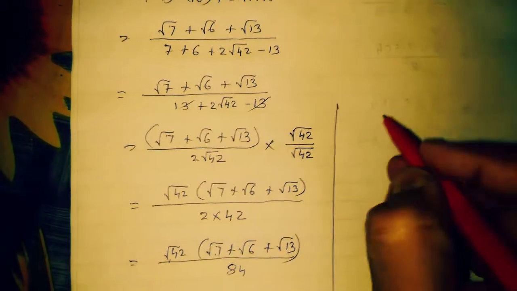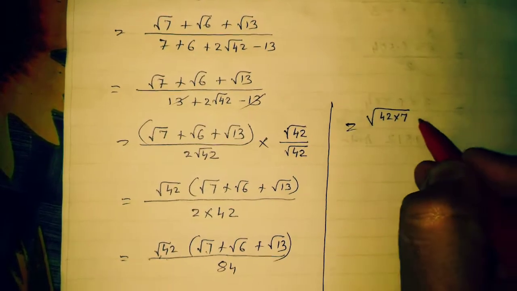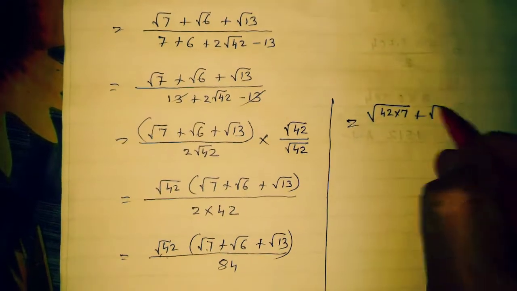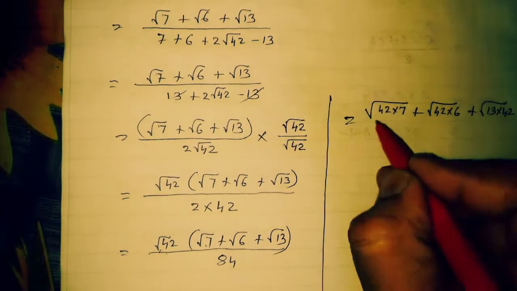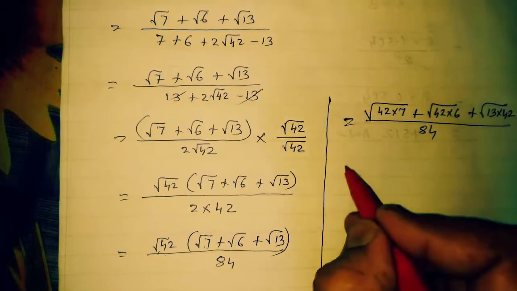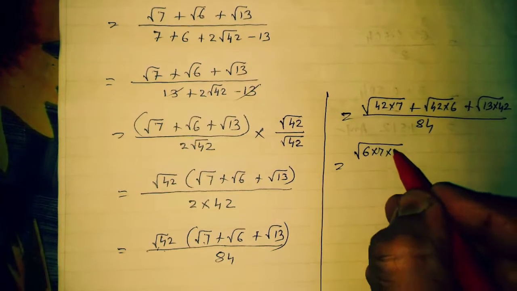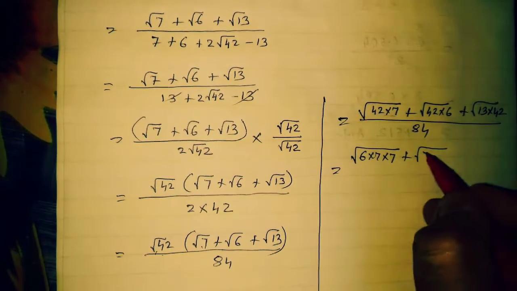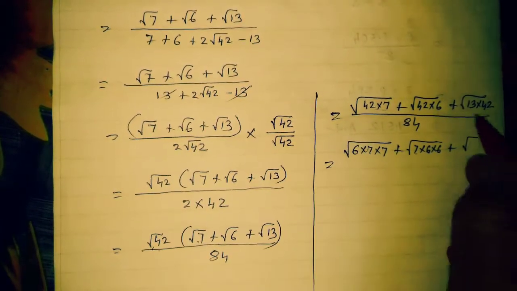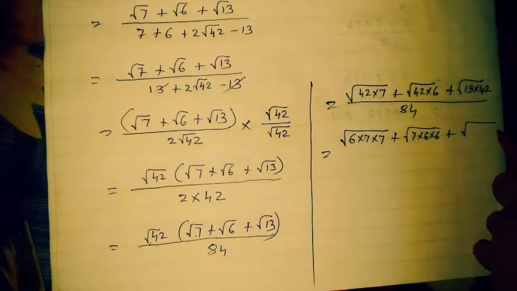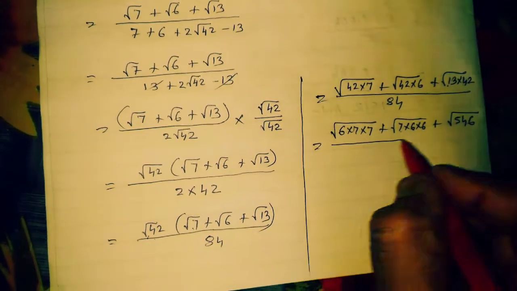If you multiply this root 42 with each term, we'll get the next part also. Root 42 into root 7, so under root 42 into 7, plus root 6 into 42, under root 42 into 6, plus under root 13 into 42. So whole divided by 84. 42 and 7 here: 6 7s are 42, if you split, it is 6 into 7 into 7. And here also 7 into 6 into 6, because 6 7s are 42. And here no need to split because no pair is coming. So directly multiply. 13 2s are 26, 13 4s are 52 plus 2, 54. So 546 coming, divided by 84.